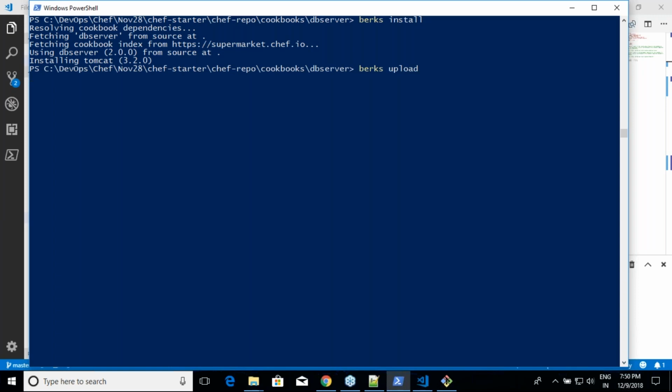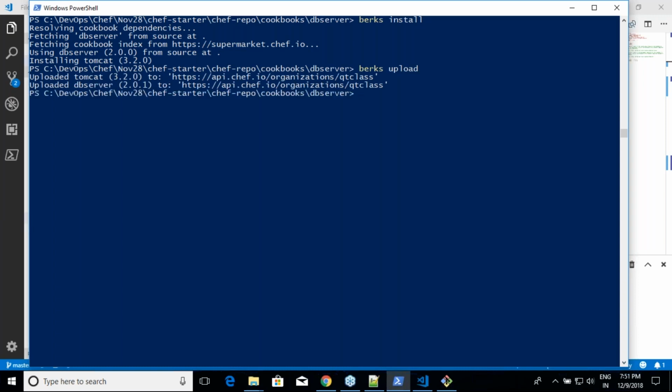We still have not seen how to install Tomcat, but we have seen how to add a dependency and how to upload dependencies. Yes or no? Yes. So finding something from Supermarket, and if you know that it is the right cookbook, how do you include it in your cookbook? Are we clear on that? If you see, it is uploading Tomcat, right? If you use knife cookbook upload, these things don't happen. You have to upload them separately. You have to go into that and say knife cookbook upload, and then you have to upload Tomcat, which is nonsense. That's the whole reason why you use Berkshelf, right?